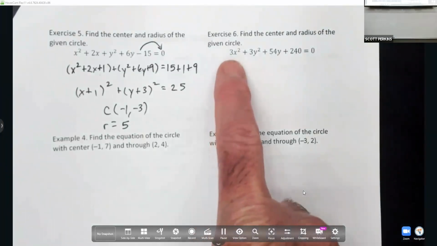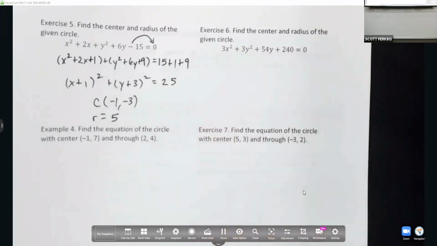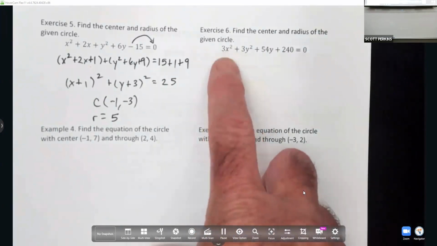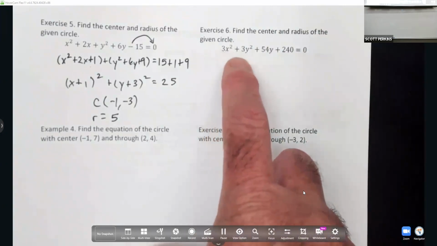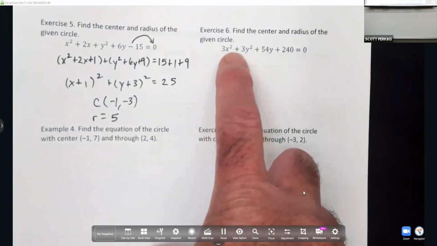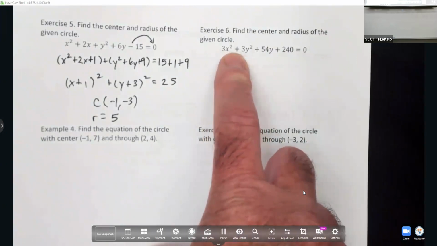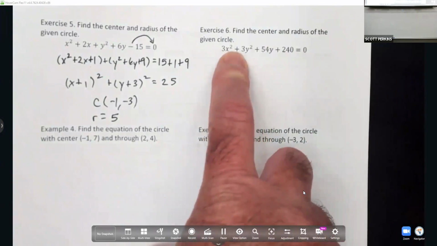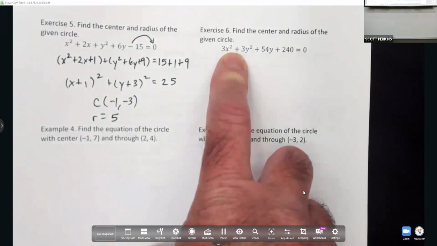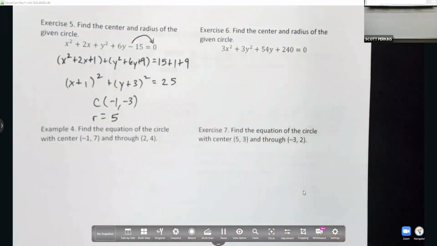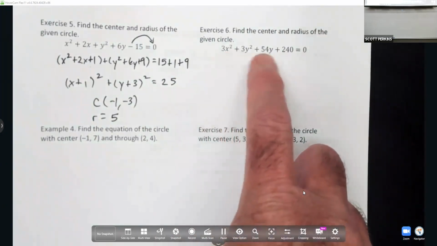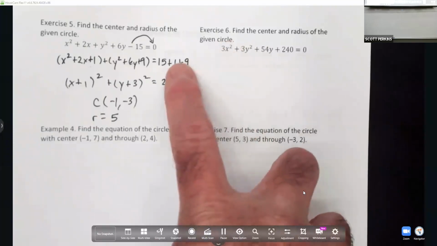So what I would like you to do is this. Looking at exercise 6, I had mentioned to you last time that we know something's a circle when the coefficients in front of the x squared and the y squared are the same and both positive. I'm not going to try to trick you on that on the test. I'm just sharing that information because on the MyMathLab homework, some of them will ask you, is this a circle or not? Because this is part of a bigger section and we're just doing the circle part to it. So when you're asked to find the center and the radius of this circle, we did completing the square,